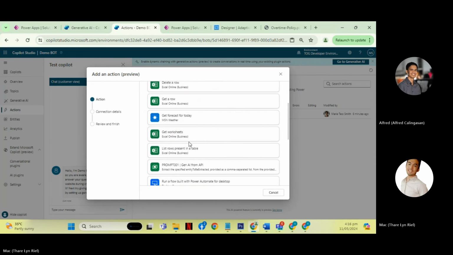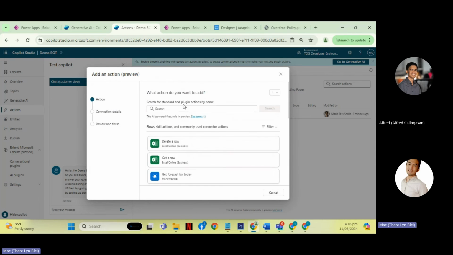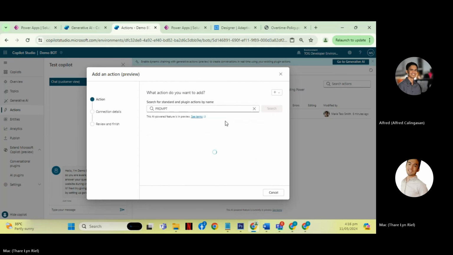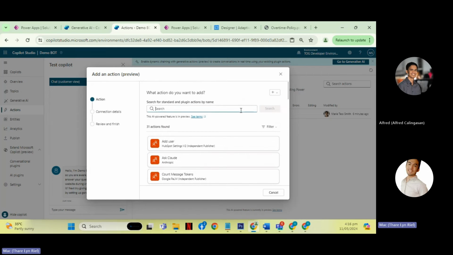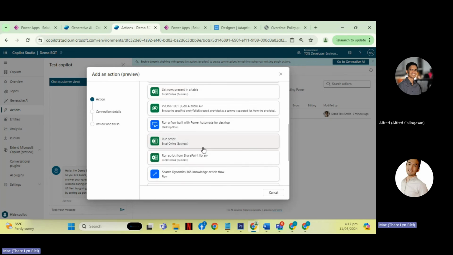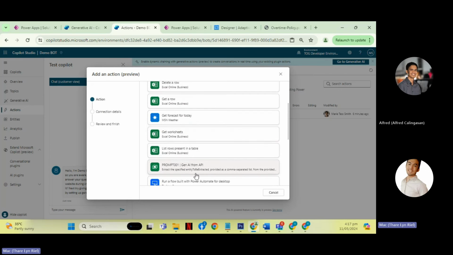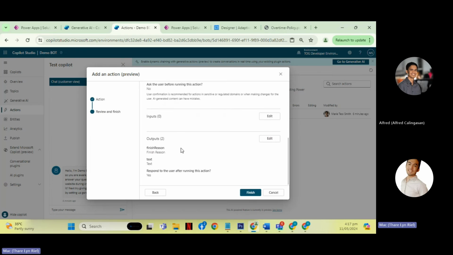The AI plugin that I created last time is the prompt, or let's just find it, this one. You can click that and then create an action.